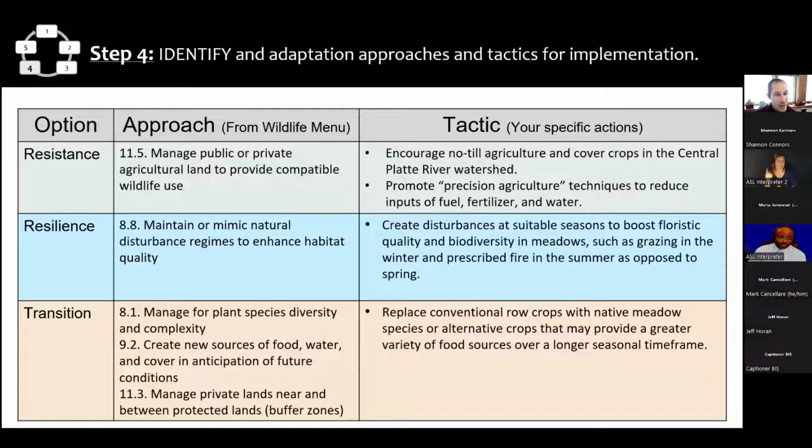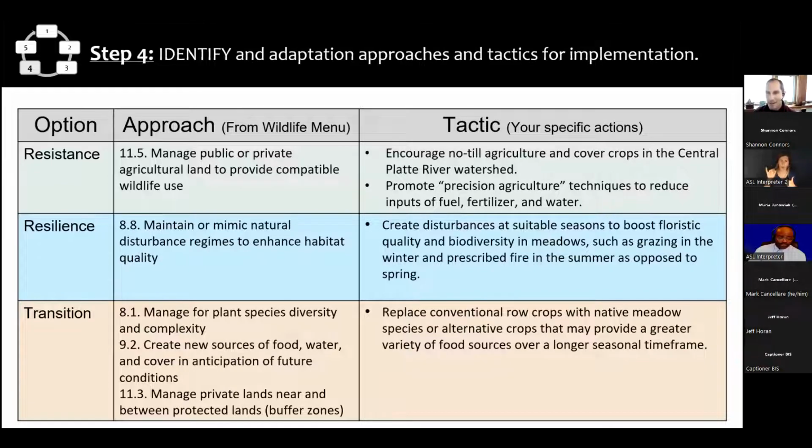And so this helped them flesh out some of their wildlife-friendly agricultural practices and document the intent of those to help describe to farmers in the area why you might want to do this, and how it relates also to addressing impacts of climate change on wildlife that we care about.